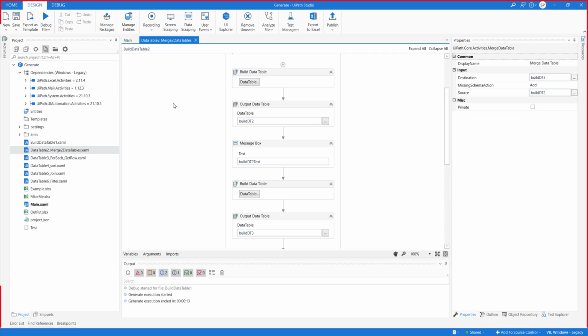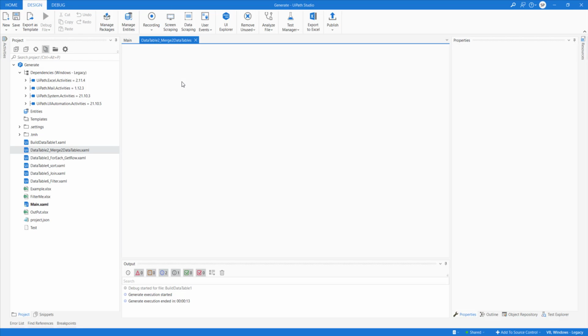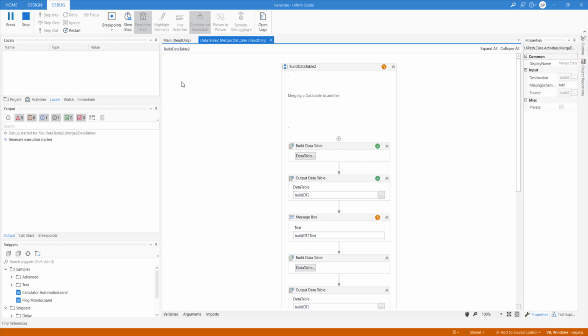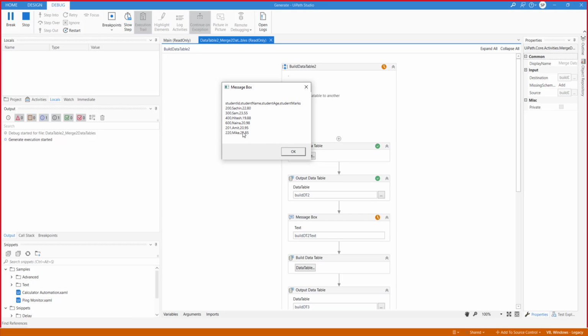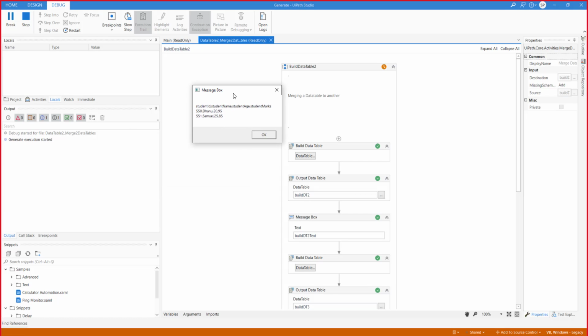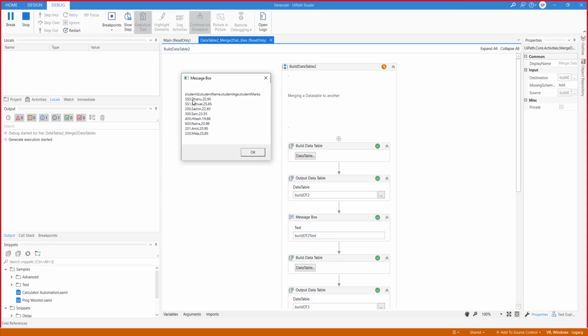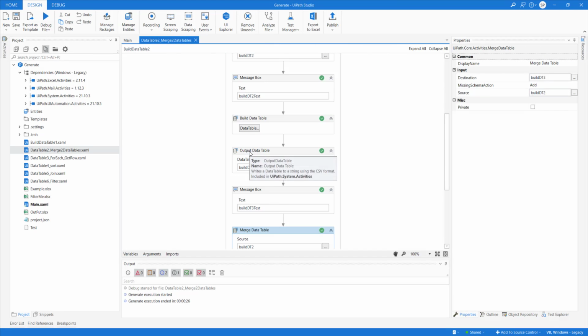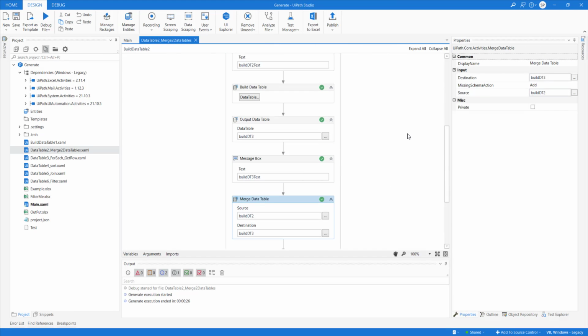So it's a straightforward example. We'll start reading here. The data we have is the same, 4 columns, 6 rows. Now we have another data table, 4 columns, 2 rows. Then we have the combined data table which contains 8 rows, 4 columns. I think it's pretty easy. I don't need to explain anything more on this. You understand the concept of merge data table, right?